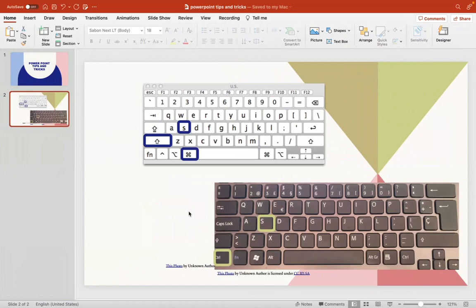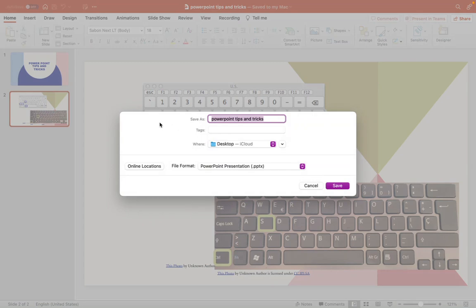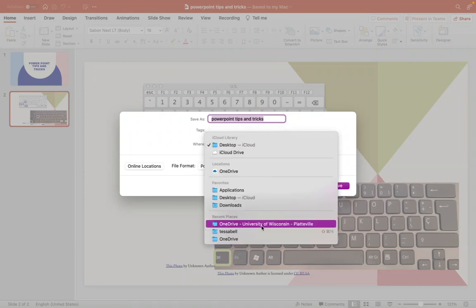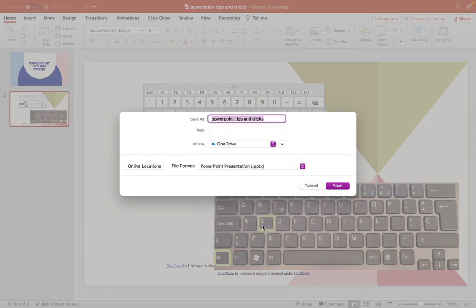I'm going to be teaching you how to save your PowerPoint using just a couple keys on your keyboard. I have a Mac, so I'll be first doing Command-Shift-S, and that'll bring up where I want to save it to and the title of my presentation. So I already have it saved to my desktop in iCloud. You can also change it to, let's say, University of Platteville on our OneDrive, and then all you do is